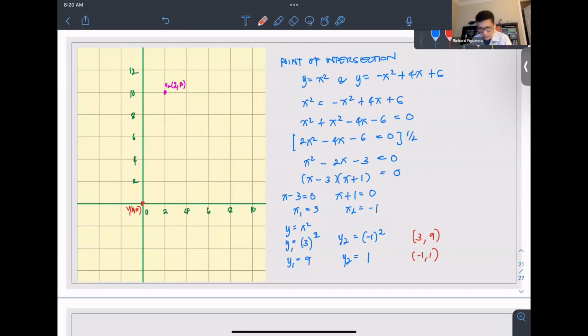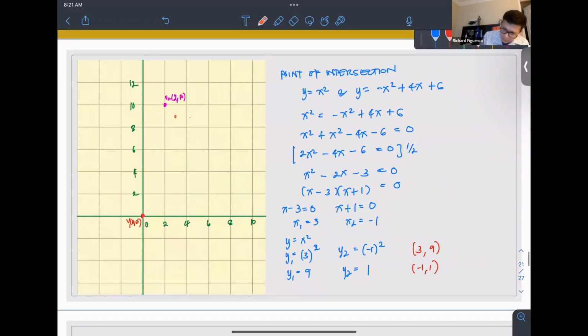So let's try to graph that. A 3 and a 9. So this is 3, then a 9. So this is something in between. Then the other one is negative 1 and a 1. So this is negative 1 and a positive 1. It's this. So negative 1 and a 1. So we just connect. Okay, so y is equal to x squared